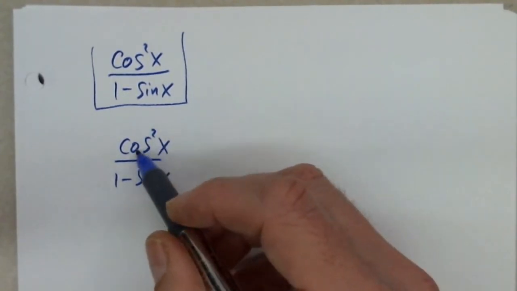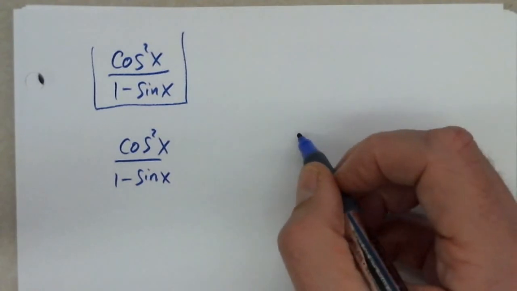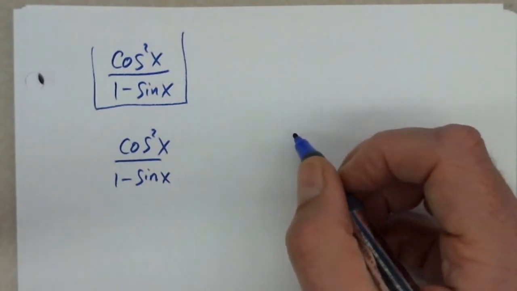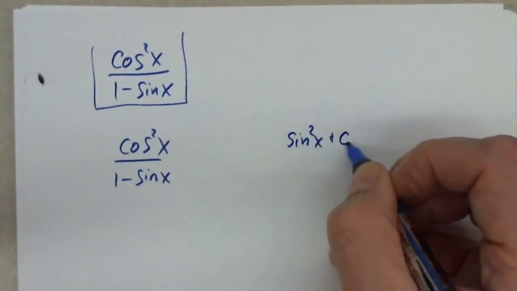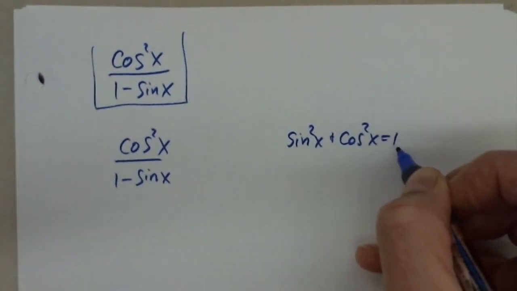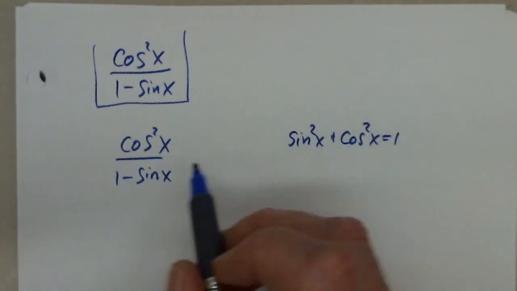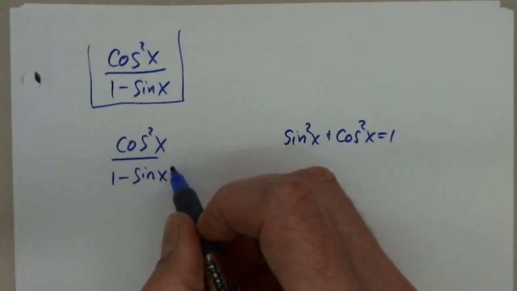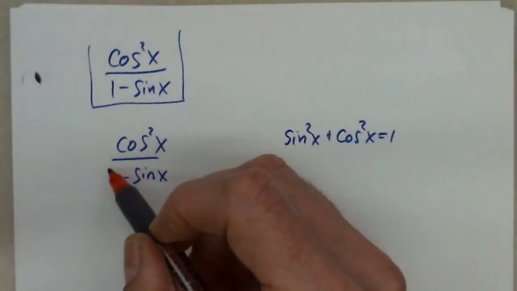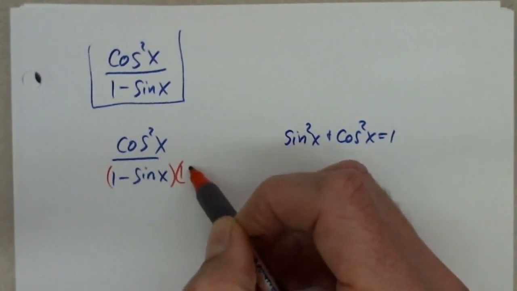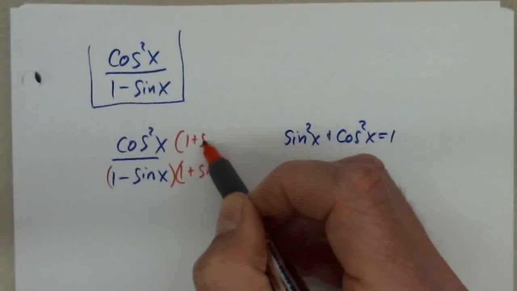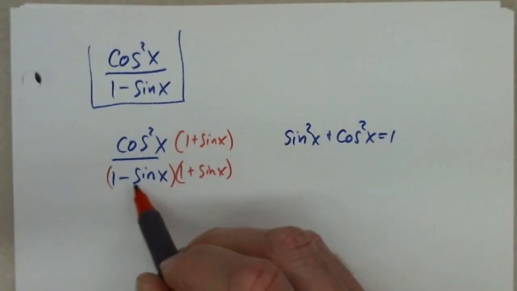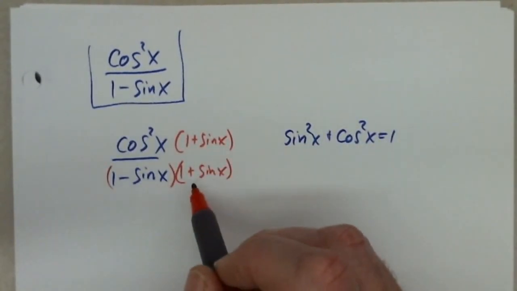So we're looking at this, we see something squared, so keep in mind that we might need sine squared plus cosine squared equals 1. And then if we multiply this by 1 plus sine in the numerator and denominator,